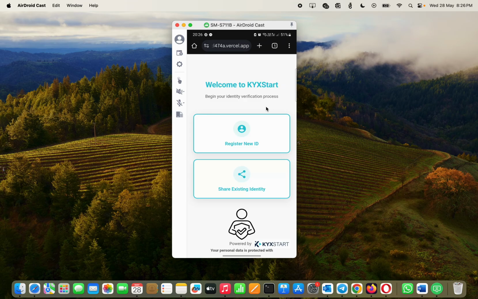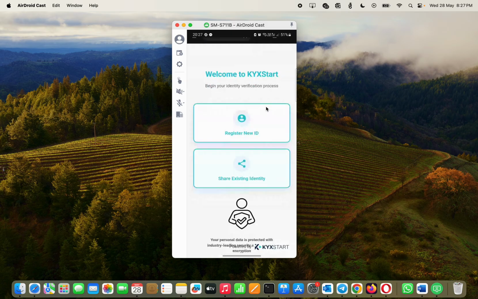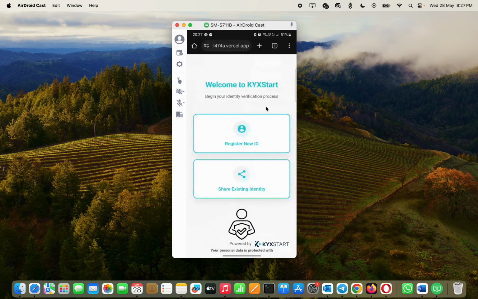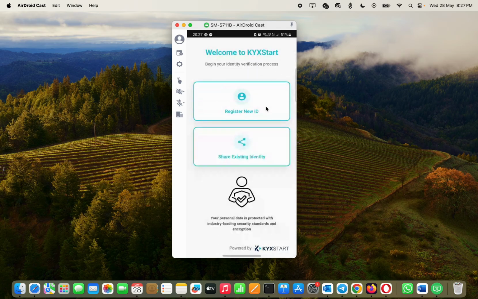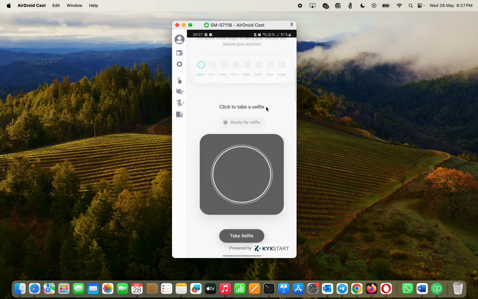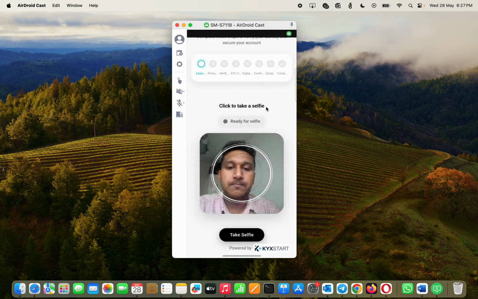Hi everyone. So today I'm going to show you how the user can perform identity verification and reuse that identity verification in any bank. So for example, this is the bank application where the user comes and registers their new identity. I can just click on register ID and it does the liveness check,